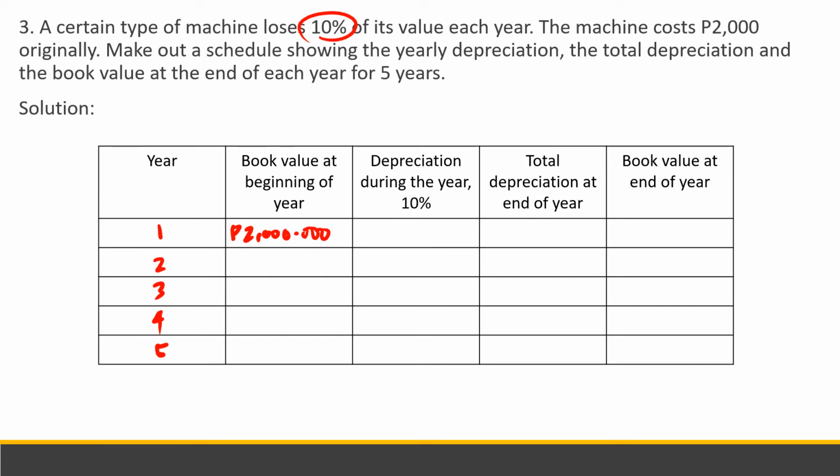So, 10% of 2,000 is 200. So, this is multiplied by 10%. So, magiging 200 siya. So, the total depreciation at the end of the first year is 200 pa. So, the book value would be 2,000 minus 200. So, that is 1,800